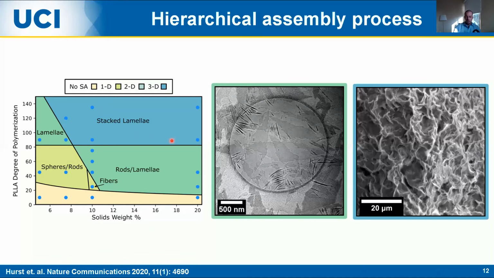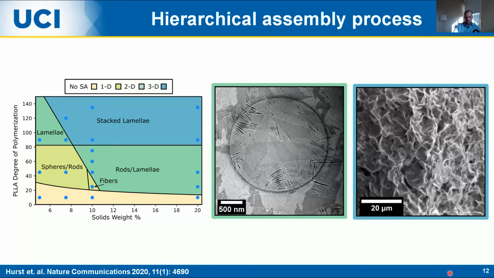gels in solution. And here we can see a cryo-TEM image of some of the lamella. So you can see here we have these kind of micron-sized lamella, which have a nanoscale thickness. These dark lines here are actually the lamella rotated on their side, and you can see they're starting to stack up here. And some of these examples in the kind of top right corner, this stacking leads to the formation of these macroscopic materials which gel the solution. If we freeze dry them, we see we again have this kind of hierarchically porous material, which is really interesting